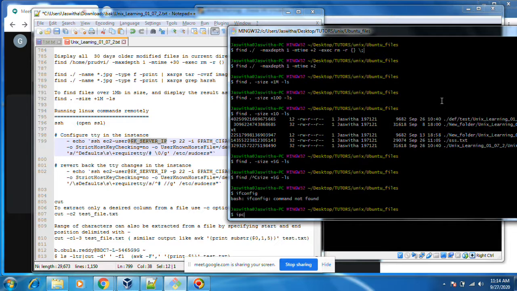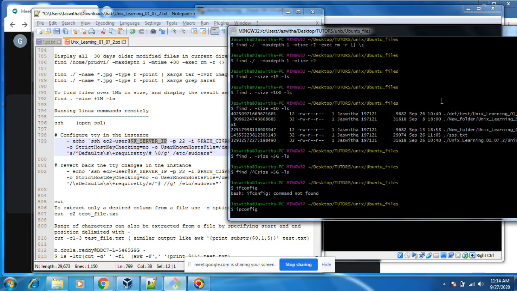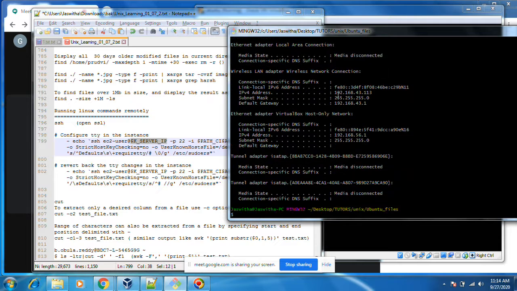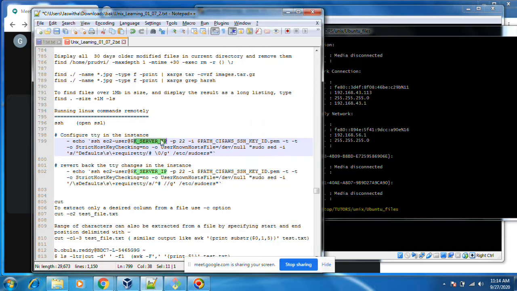On Unix ifconfig works; in Windows it is ipconfig. This is the IP address. SSH uses port 22. Whichever command you want to run, you can run. Okay, this is the procedure to run a command remotely.